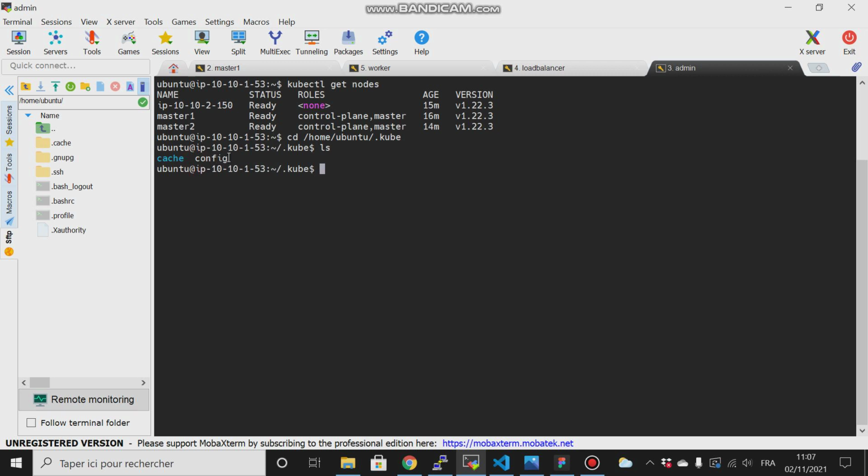If you still remember, when we created this folder, there was only this file. But once we typed this command, a cache folder was created for us. So this config file has all the information that we need about our cluster. If we try to cat that file,